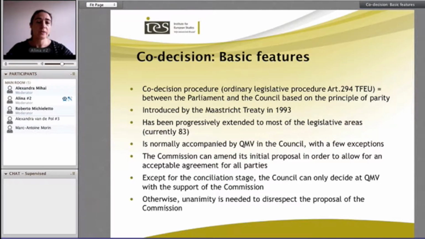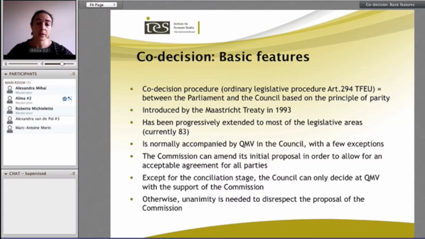What's also important with regard to the co-decision procedure, as I've mentioned before, is that the European Commission makes a legislative proposal and then sends it simultaneously to the Council and to the European Parliament. But this does not mean that the Commission is completely out of the picture and has nothing to say throughout the procedure. That's not the case, because the Commission still remains on board, and Roberta is going to talk more about how it functions in detail, but basically all 3 institutions remain on board until the very end of the procedure.